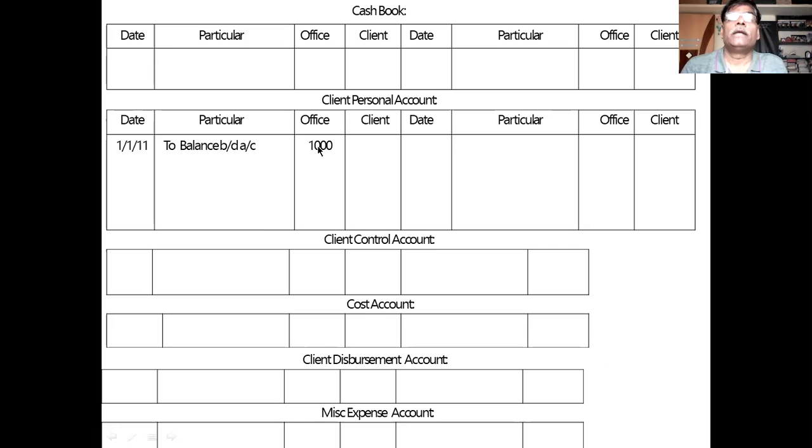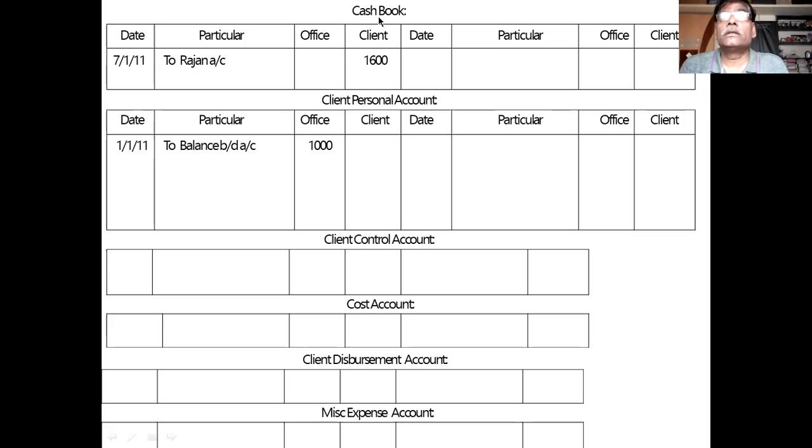Office column. And the second entry is 1600 deposited by the check received. Check received is a payment, therefore you write the date and who is the giver of the check. Rajan is the giver of the check and it is related with Rajan. Therefore, in the client column, it is received. You record it in the receipt.